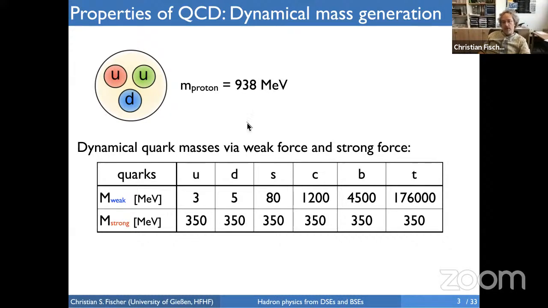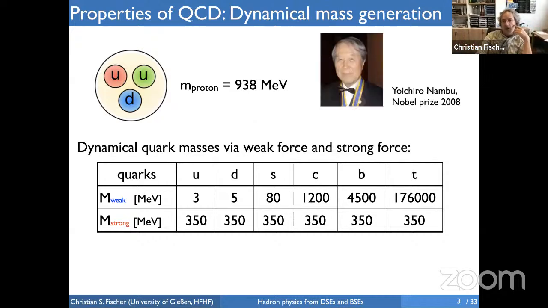And considering the proton, actually, it is fair to say that almost 99% of all the mass that we see in nature, which comes in the protons and neutrons, is generated by the strong force. And actually, this was an issue for a Nobel Prize in 2008. Now, the equation that deals with this mass generation on a fundamental level is the Dyson-Schwinger equation for the quark propagator. And I will try to explain how this equation does that.